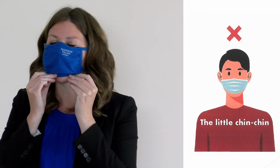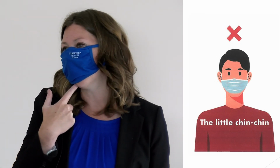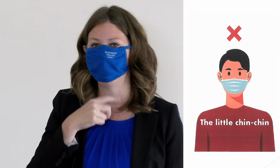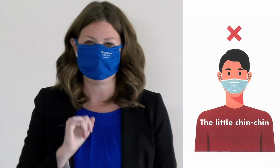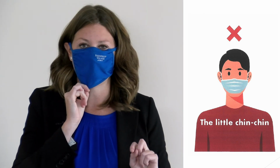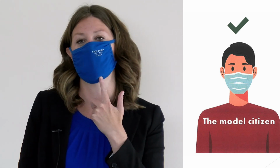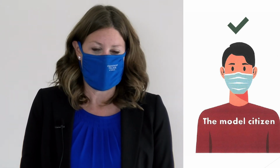And then the last one is the chin chin. The one that we don't want is seeing the chin, because the droplets can go out of your mask, down and out. So not encouraging either for being a model citizen. So we appreciate all of you being model citizens, covering your nose and your chin. And with that,